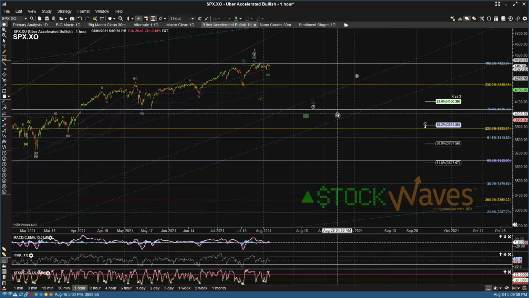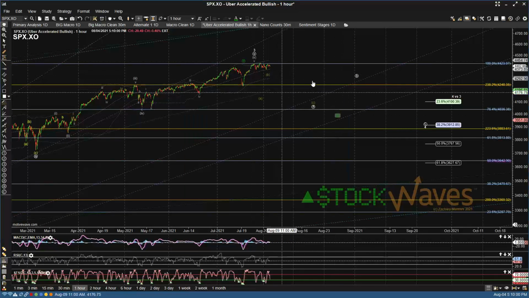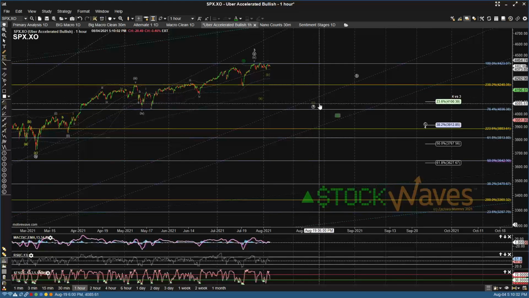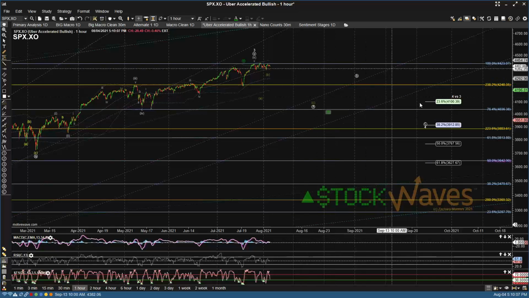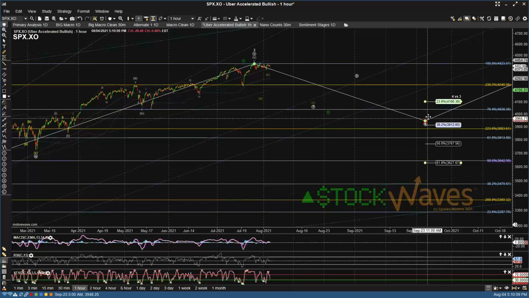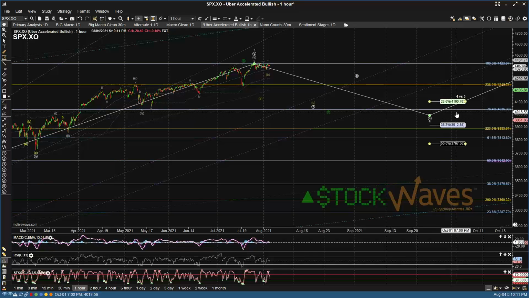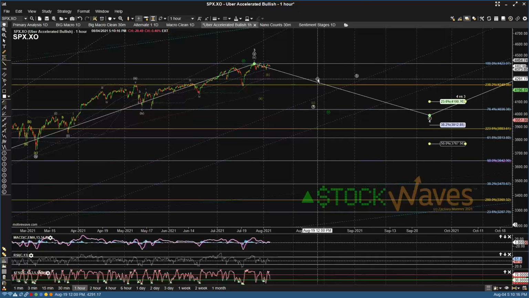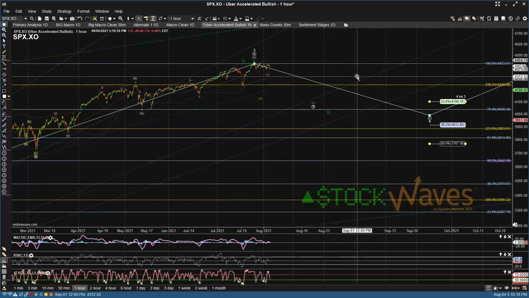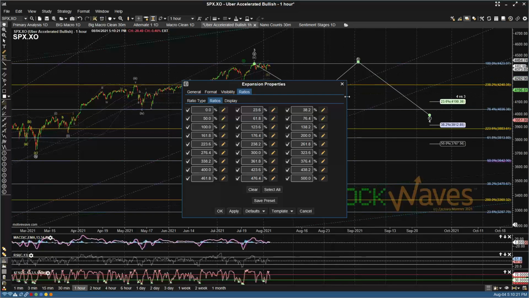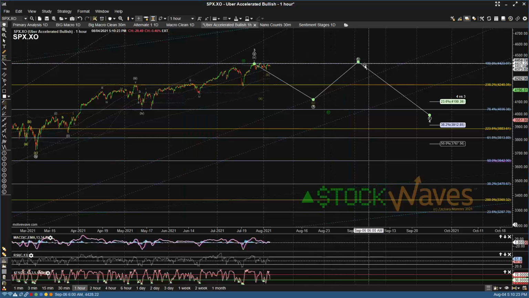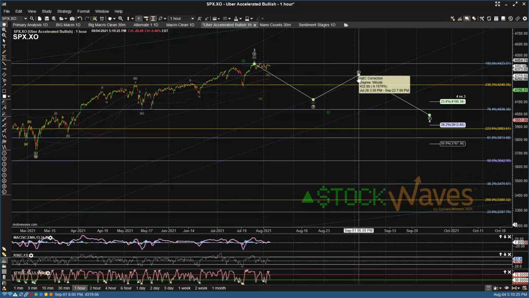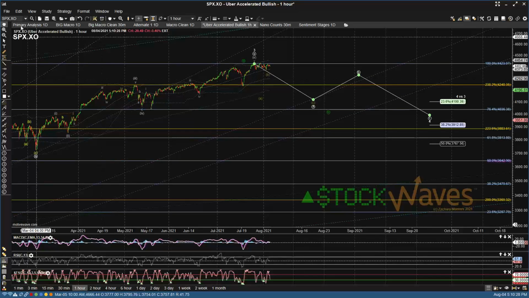I would almost say that if we only get an ABC into the 4100 region, that could even be all of the smaller degree wave 4, but they could both have the exact same structure. I think at this point, probably holding a little bit above the 4,000 region is a little bit more likely. And it is even possible that this B wave makes a nominal higher high. We've seen lots and lots of those fourth wave B waves make a nominal higher high. In terms of microstructure,